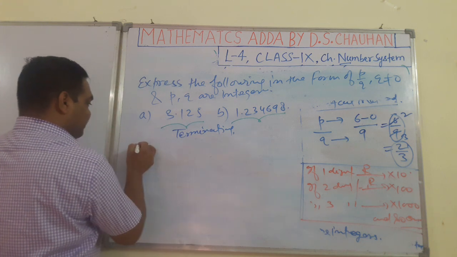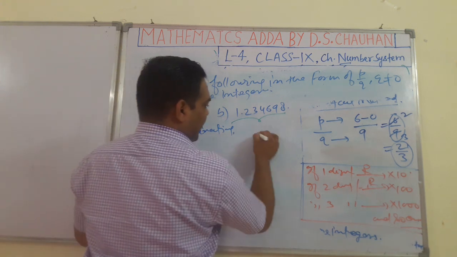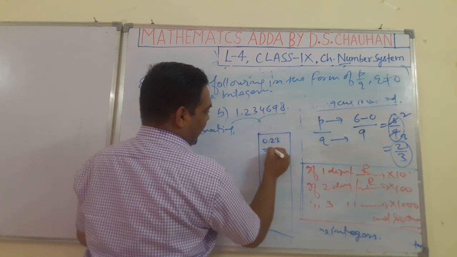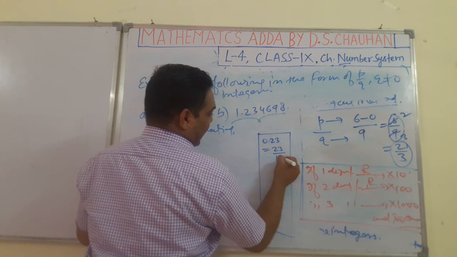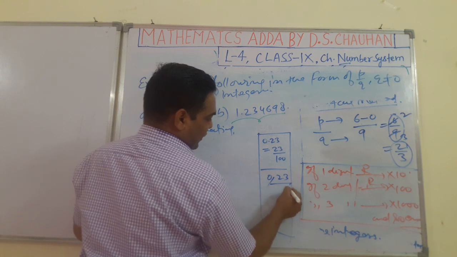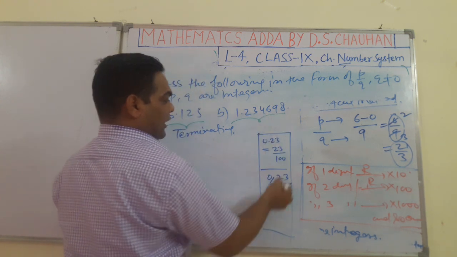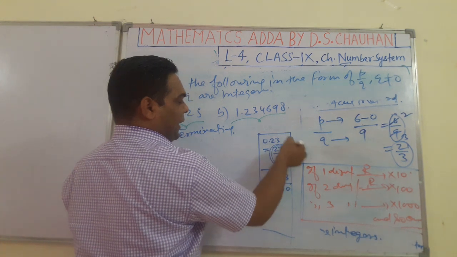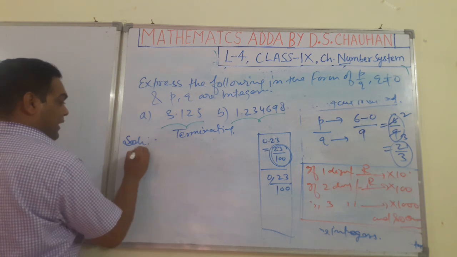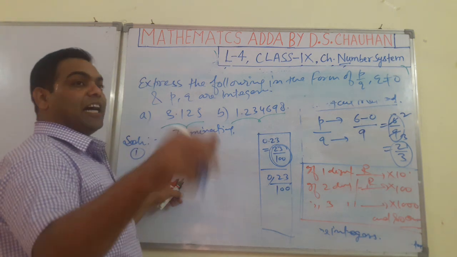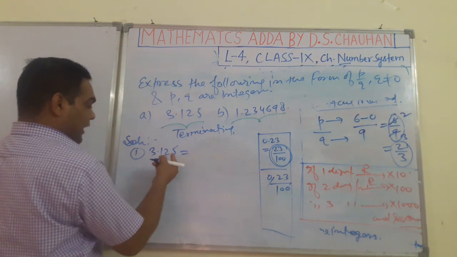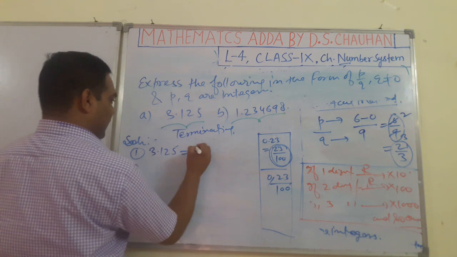So how? If you remember, earlier you have solved like 0.23, you have written it directly 23 upon 100. How? You have cut the decimal and extended zeros with 1, giving 100. So you are looking, this number is in the form of p by q, which is a rational. So easily here you can proceed the same way. This is the reason I have said that all of you are familiar in advance. So 3.125 can be written here by cutting this decimal. What can you note down?